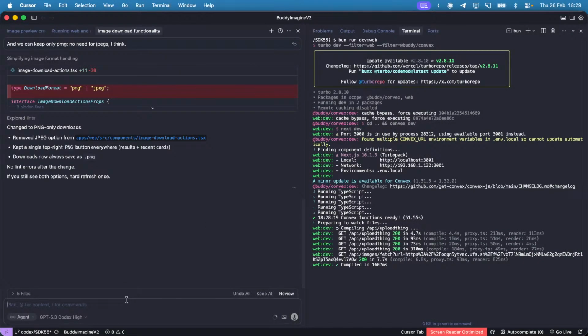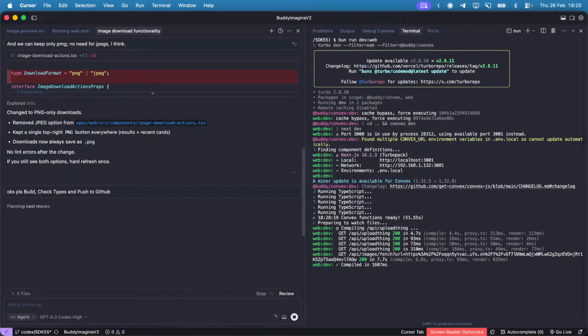Okay, please, we'll check types and push to GitHub, and we are good. Oh, the image didn't go covered. Right,